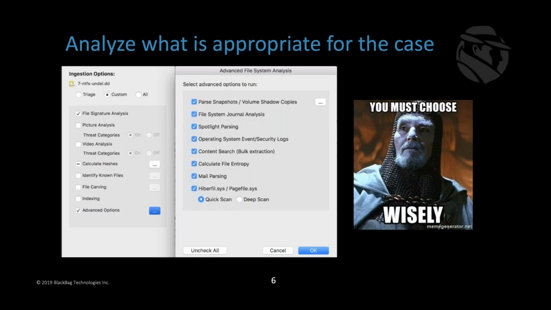So when you're jumping into Blacklight, you need to be as wise as Indiana Jones and choose wisely what you're going to start with. So I know that over here on the ingestion options, there's something that says all, but likely all is not what you want to run when you're working a case that is time sensitive. All might work if you're going to process everything over the weekend and you have a backlog queue and you just want to jump in and work the case once it's done all of its processing. But if you're looking at a time sensitive type case, you're going to want to start with a subset of options, and you can always run any of these other options later. So I'm going to show you a little bit about how those two pieces work.